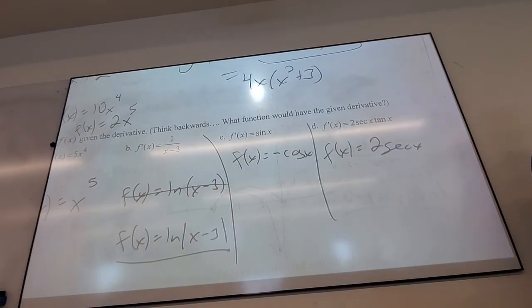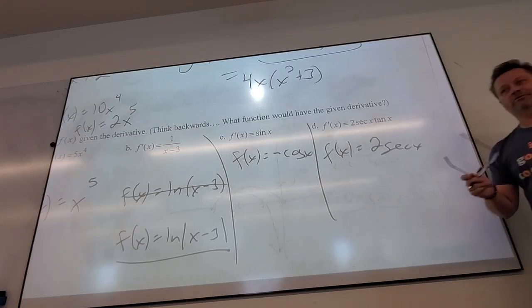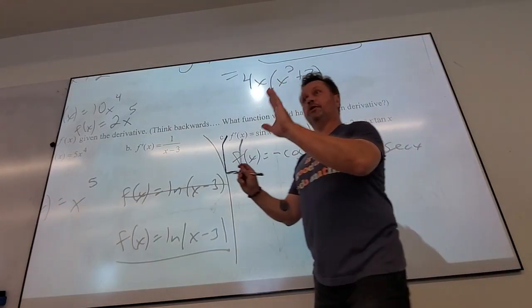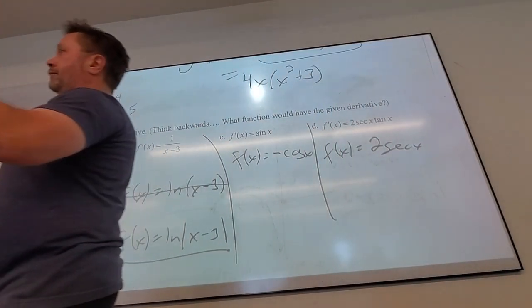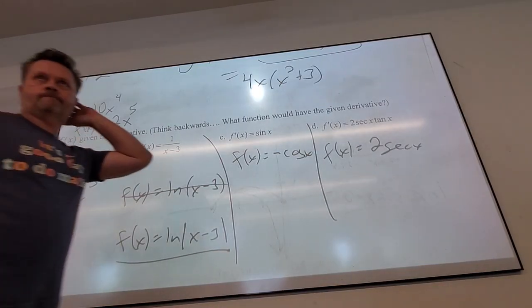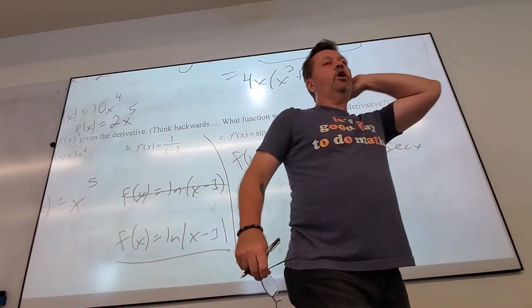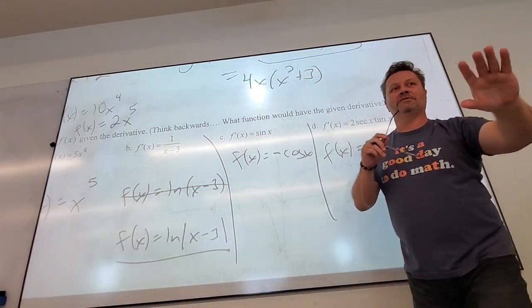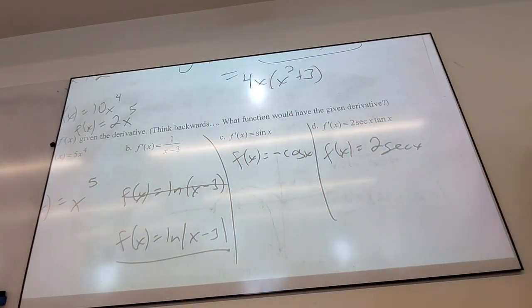How you guys feeling? Do you guys see what I mean? If there are rules you do not know, you're going to suck at this. Even if you know all the rules, you're going to occasionally suck at this because this is weird. Yes? That's the first step to being really good at something, is sucking at it. So on C, you don't have to have 1 minus cosine x, it could just be negative cosine x. You could have had 1 minus cosine x. That would have worked beautifully. You don't have to.